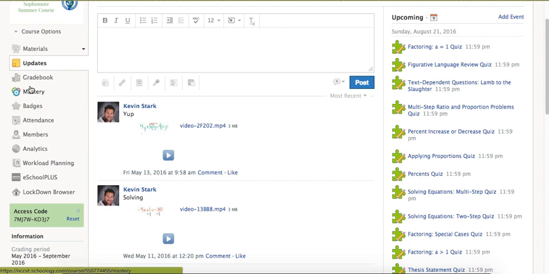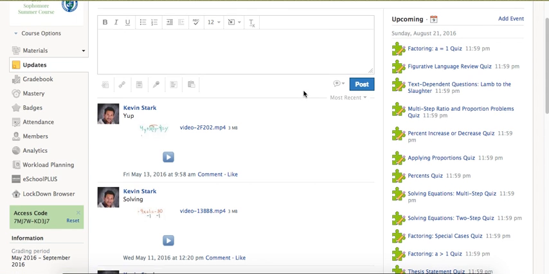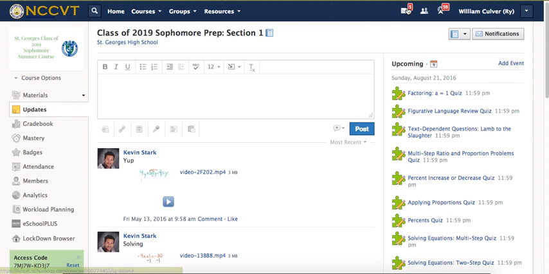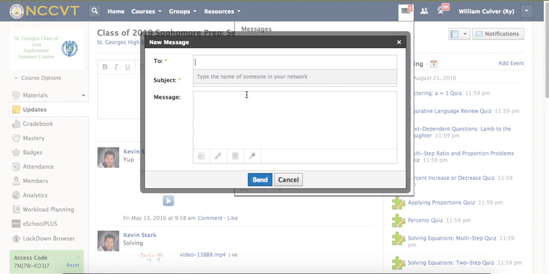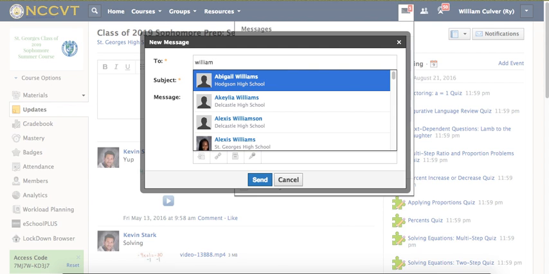If you want to check your scores, you can click on Gradebook. And finally, if you have a question, you click on the envelope and you hit New Message. If you have a question about English, you're going to send it to William Culver. And if you have a question about math, you're going to send it to